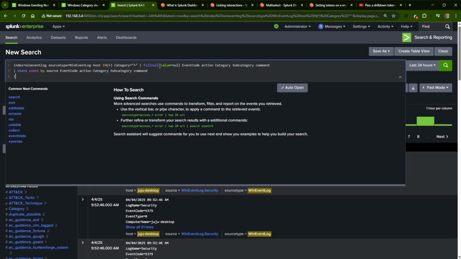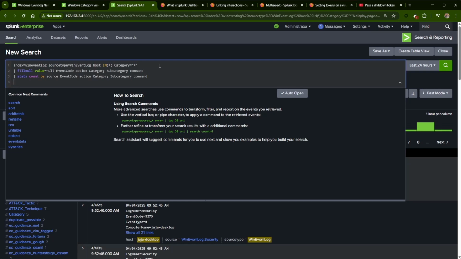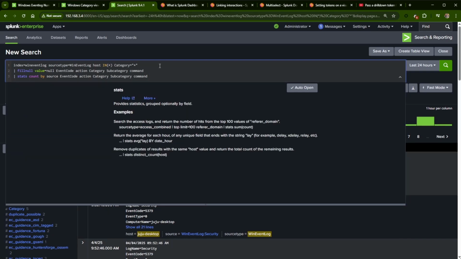Oops. I hit shift. I need to hold down control. And if you don't know that trick, if you hold down control or command and hit the pipe, it will break up the lines. When I first showed this search, it put it all in one line, but control pipe breaks up the lines for it. But here,